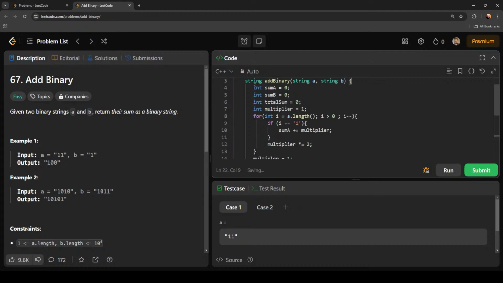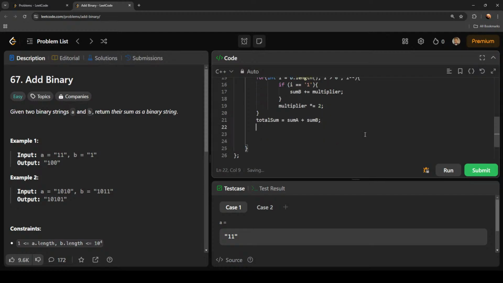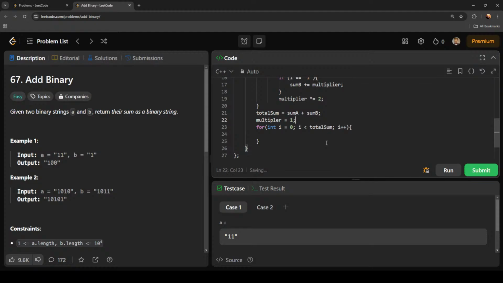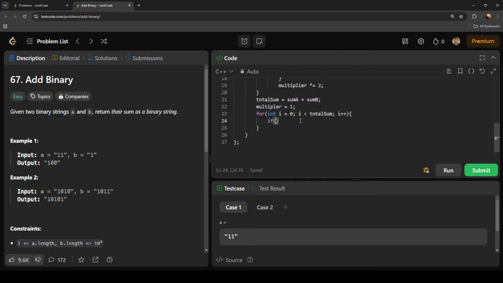Why is the tab so weird on this? Is this all tabbed wrong? Then we do for I equals 0, I less than total sum, I plus plus. And we can just write a simple turn this into a character. So we take our multiplier, it's equal to 1, and then we do the remainder. So let's do 65 for example. Remainder 1 is equal to 0. No, it's not remainder. You divide